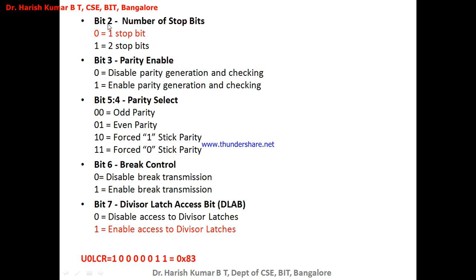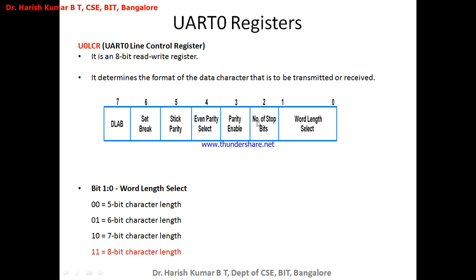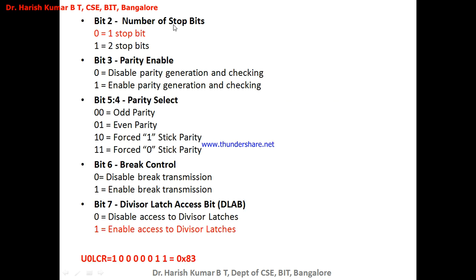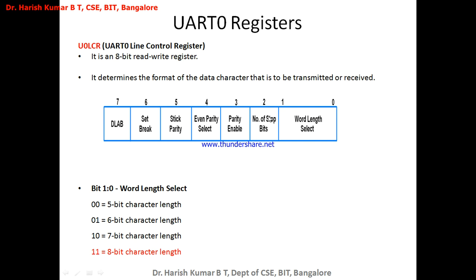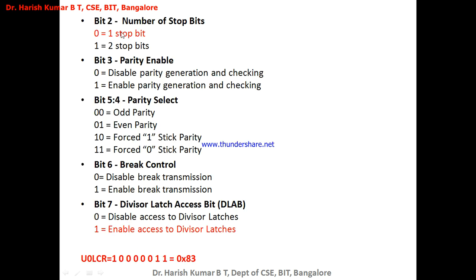Next, bit 2, the number of stop bits. If bit 2 is 0, there is only one stop bit. If you make it 1, you can add 2 stop bits. We are restricting it to only 1 stop bit, and we are not using parity enable, parity select and break control. And bit 7 we are using, and bit 7 will be made as 1, to enable access to